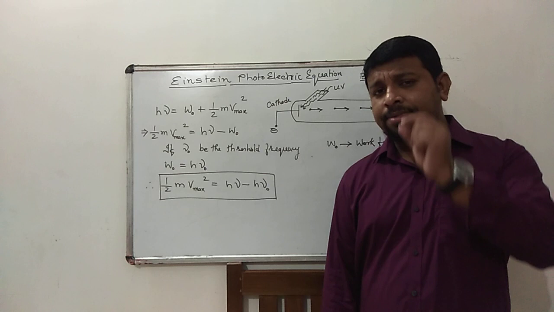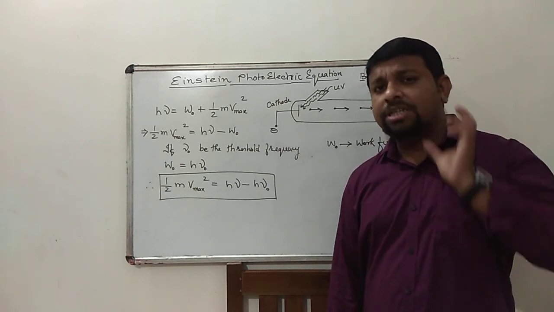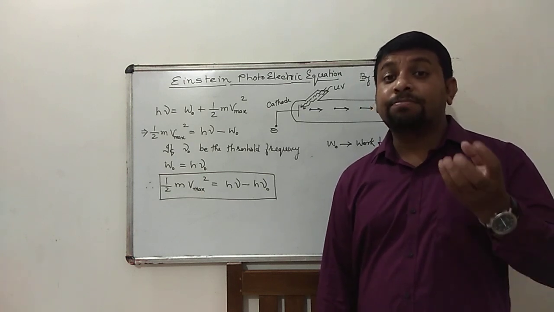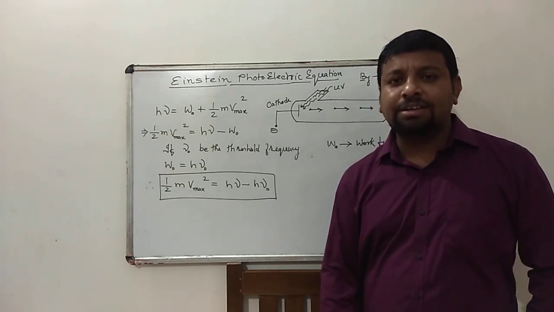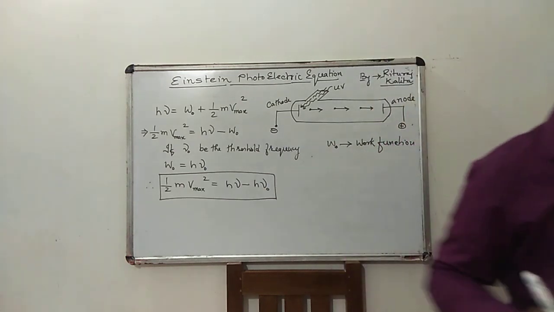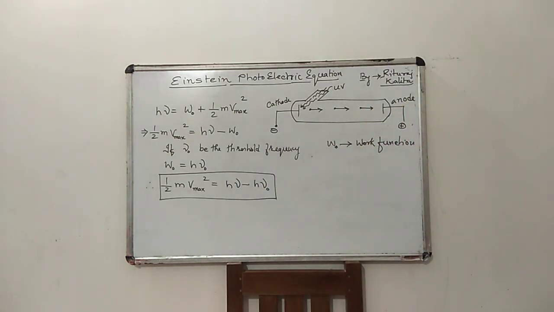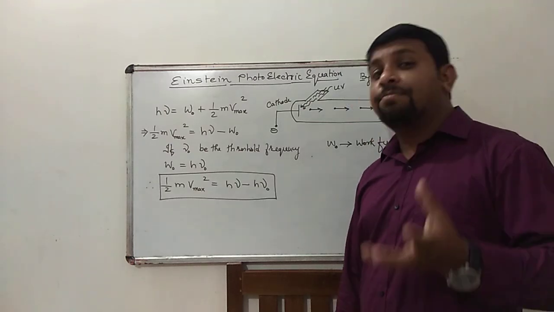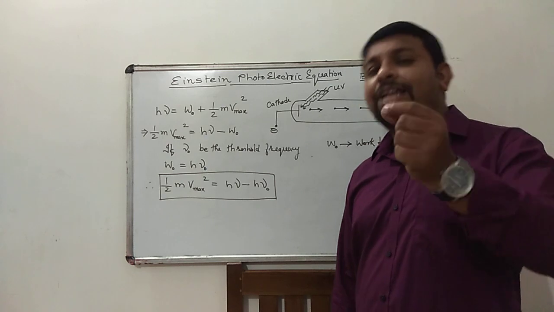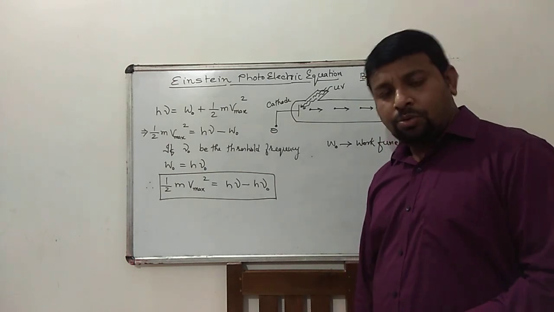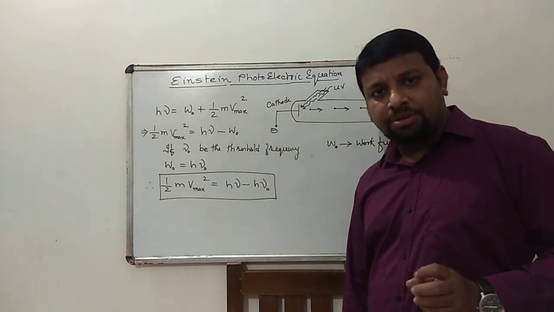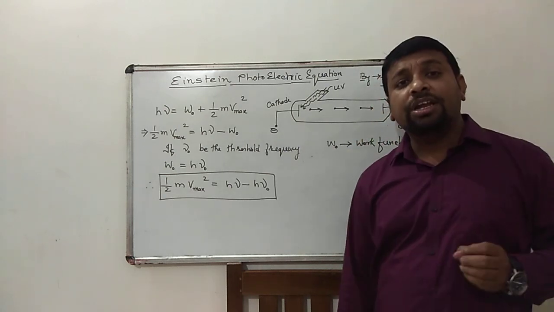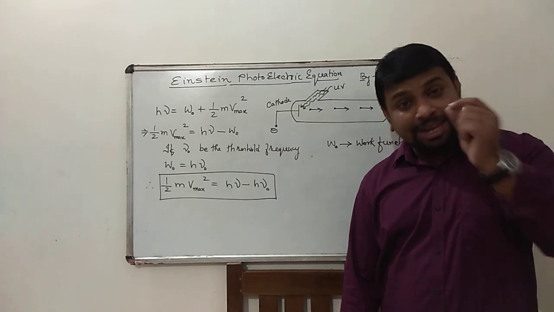Stopping potential is the negative anode potential at which the photocurrent becomes zero. That potential is known as stopping potential. So what happens at the stopping potential? The photoelectron current becomes zero. So in that case,